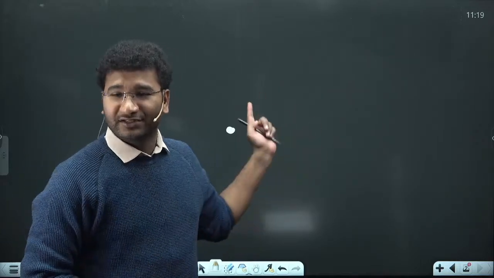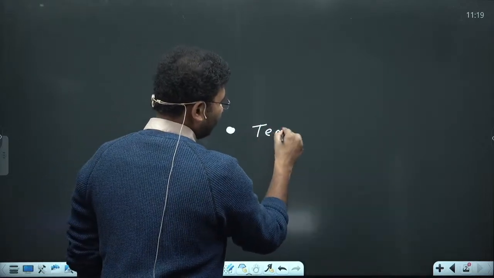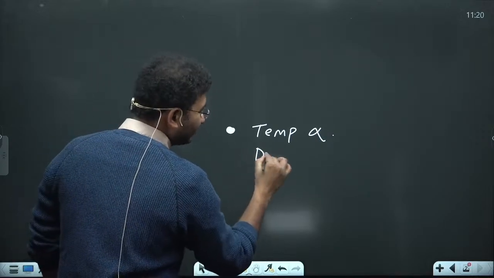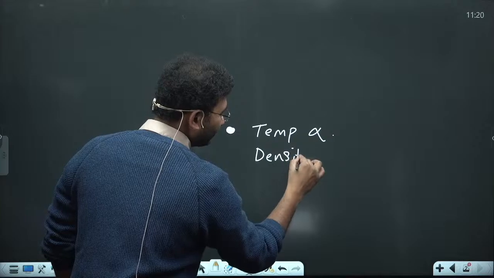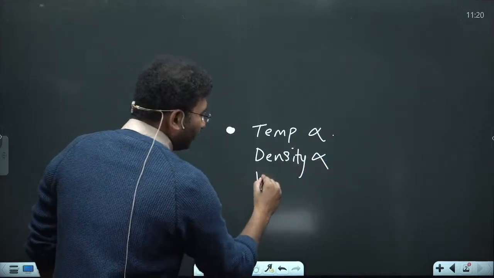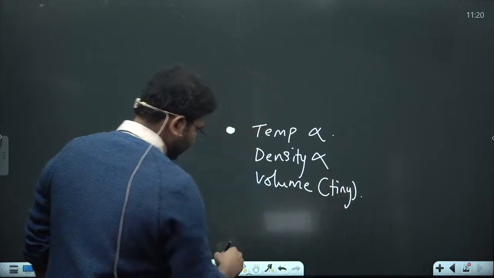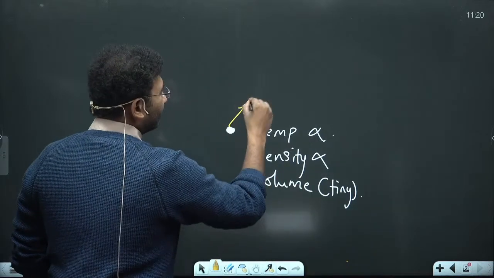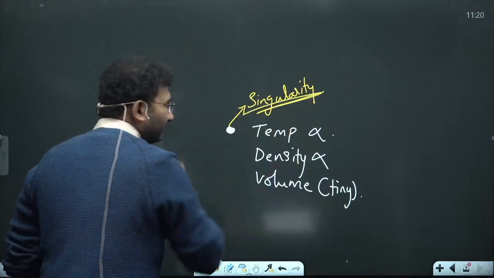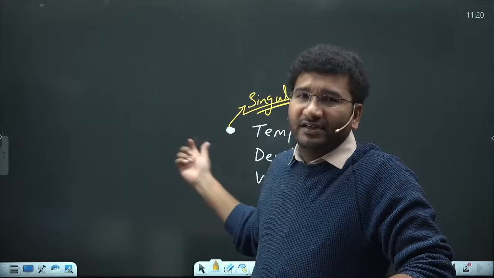Now what will be the temperature of this particular dot? You know that the temperature is infinite, right? Along with this, what will be the density of this material or this particular point? It is infinite. So the volume is tiny. Look, this point is called singularity. When you understood this concept, that our Big Bang theory came out from this concept of singularity,